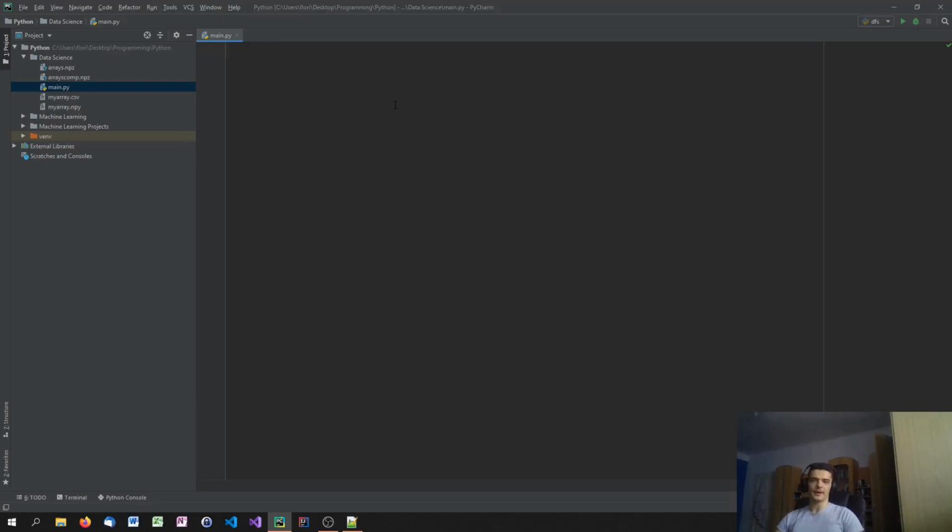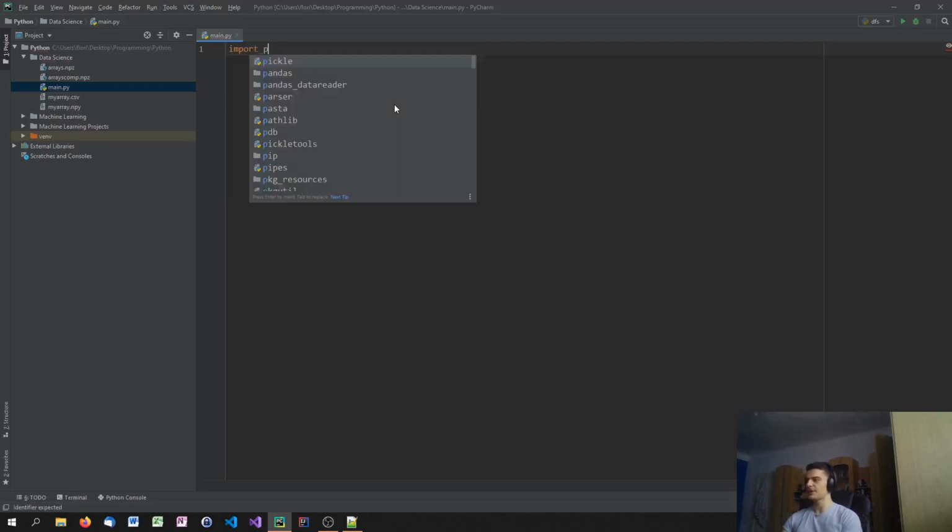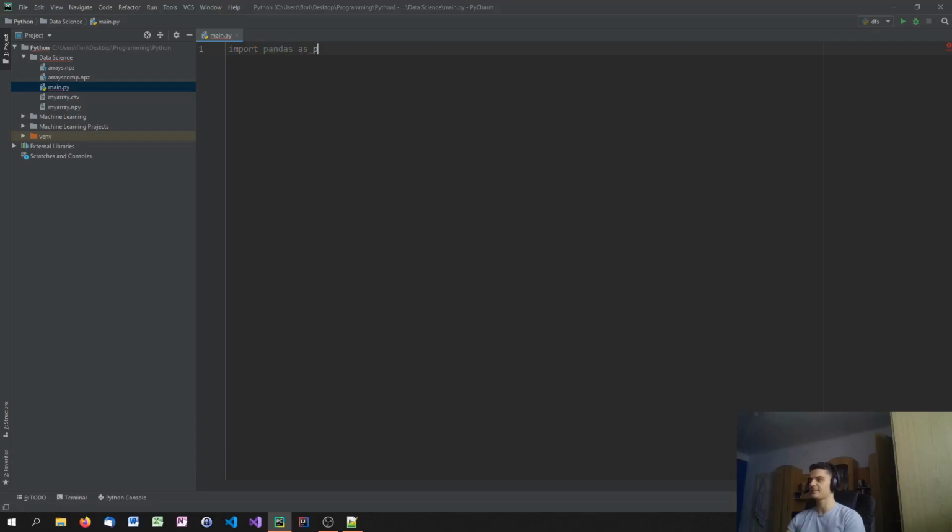As always, we first start by importing the modules that we're going to use. And in today's video, this is pandas as pd. So we're going to import the pandas module with the alias of pd because that's the conventional alias that you give to that library. And also we're going to import, as always, matplotlib.pyplot. But in today's video, we're not really going to use matplotlib itself because we're not going to plot with the plt module or with the pyplot module. We're going to use pandas for plotting, but we need the matplotlib pyplot module to show the plot. So we're going to use pandas for plotting, but in the end we have to call plt.show to show the